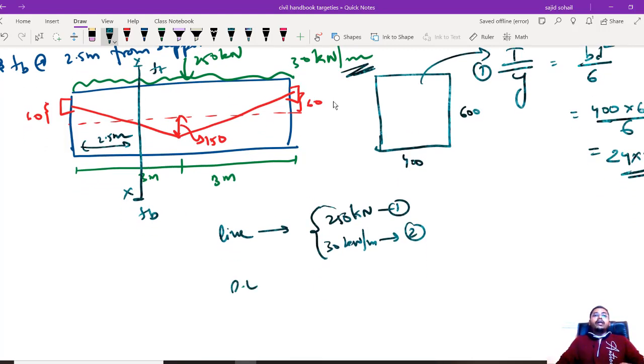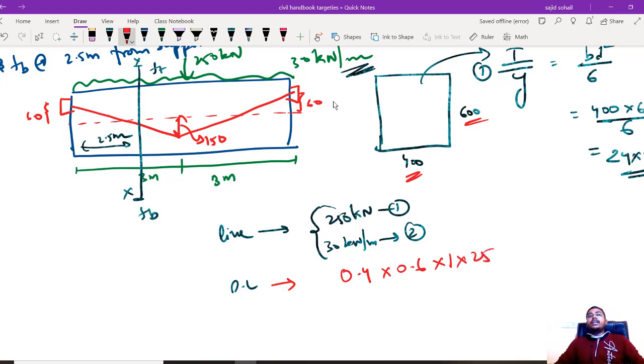Dead load क्या रहेगा? Dead load, I told you, you have to calculate the dead load, right? Even if it doesn't give in the question, you have to calculate the dead load of concrete always. So what is the dead load of concrete here? Arey baba, very simple. The dimensions, 400, 600. So I am writing it as 0.4 meters into 0.6 meters per meter कर लेंगे. So into 1 meter. So per 1 meter, what is the weight?